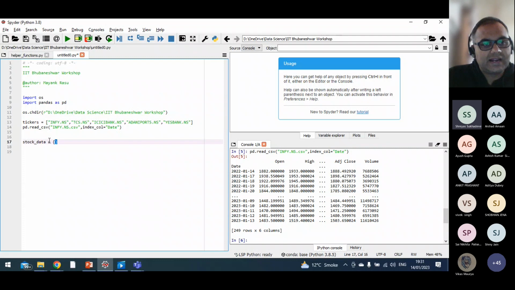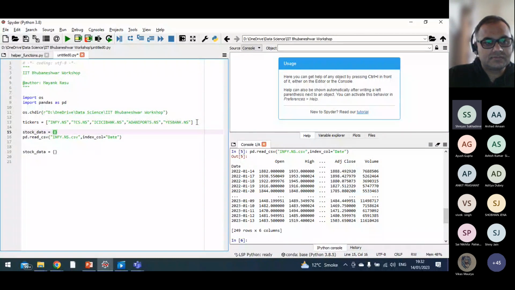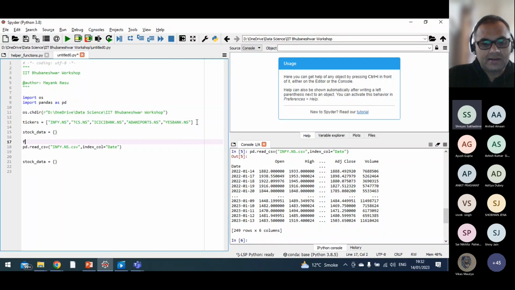So what I'll do is iterate through every single one of these tickers, and then import them using the read CSV function. I'll create a data frame, and then I'll simply append this to the stock data structure. Basic Python, or basic programming. Okay. So let me first initiate this data structure. And then let me run a loop. So for ticker in tickers,